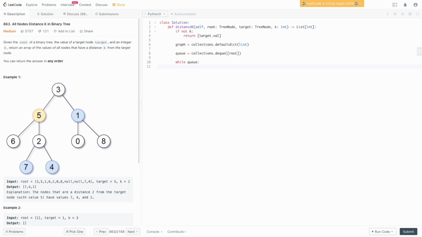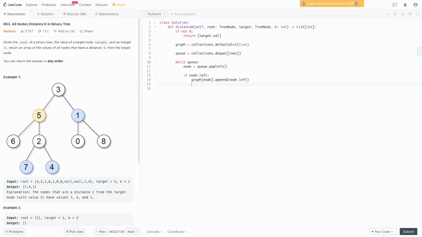And then what we want to do is simply say, okay, well, we need to process the tree. So we're going to say while queue, the current node is going to be queue.popleft. And then what we need to do is, if the node has a left child, then we need to say, okay, from our current node, we can access node.left. So we need to add that to the adjacency list within our graph. So we're going to say graph of node dot append node.left, which means that from the node we're able to